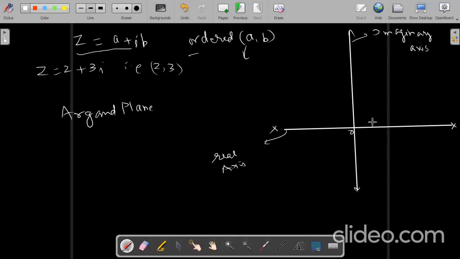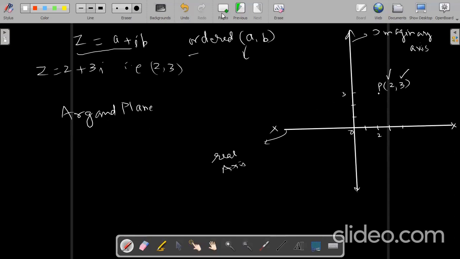So like this, we can represent it similarly to what we do in the Cartesian coordinate system. On the x-axis we have 2, on the y-axis 1, 2, 3. So 2 and 3 are coming at this point P. So P is represented by 2 and 3. Do not confuse it with the Cartesian coordinate system, because this 3 is an imaginary part and 2 is the real part. This axis is representing the imaginary part and this is real. So that's why it is called the Argand plane.